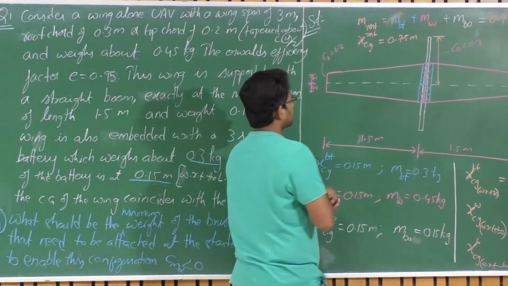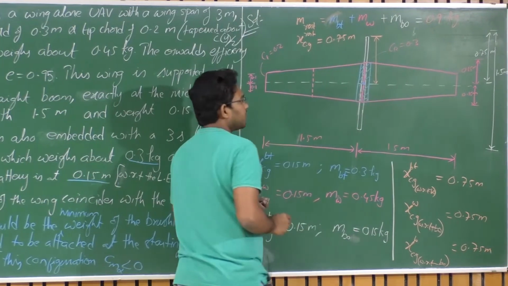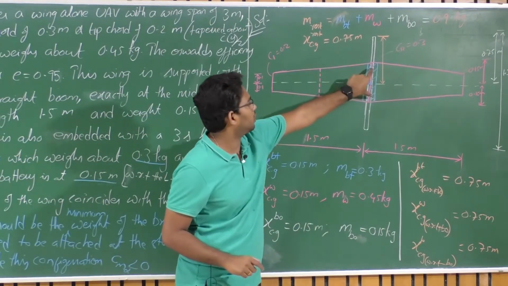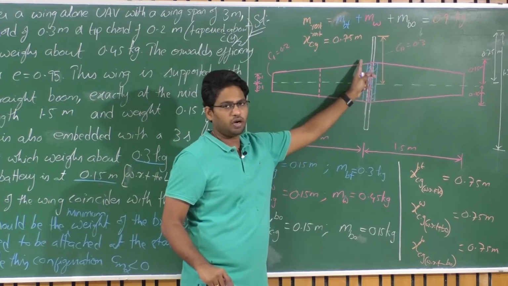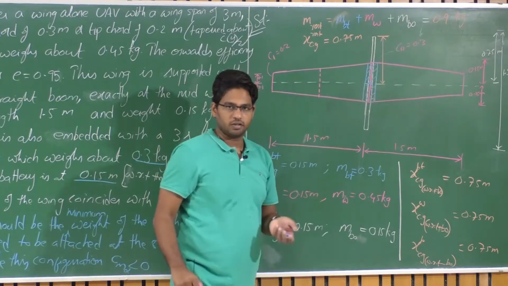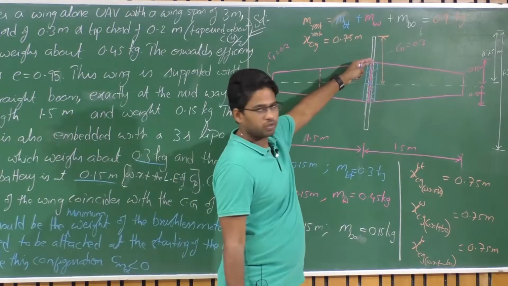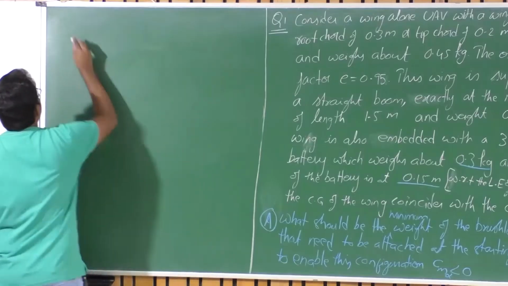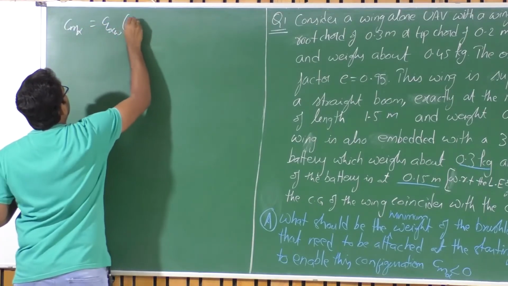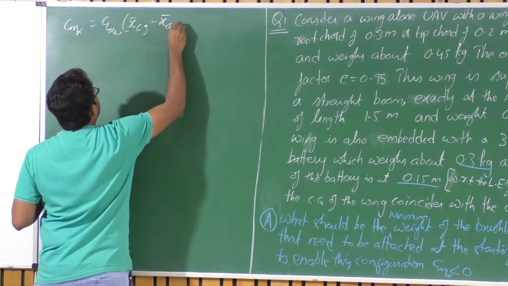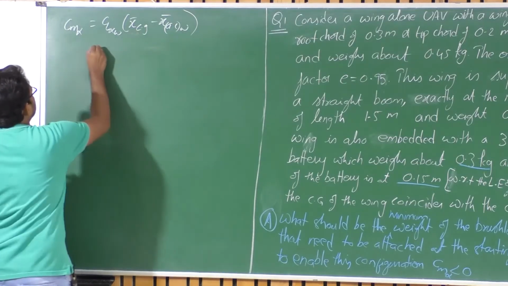So with the given data, we should be able to find the mean aerodynamic chord and project it onto the root chord, and figure out the corresponding aerodynamic center with respect to the leading edge of the root chord, or with respect to the boom here. If we are talking about this particular equation, let's talk in terms of the leading edge of the root chord itself. So CM alpha equals CL alpha of wing times x bar CG minus x bar AC of wing. We know what xCg is here.